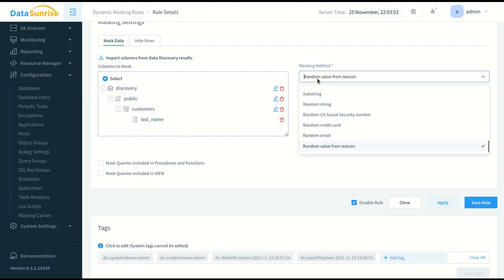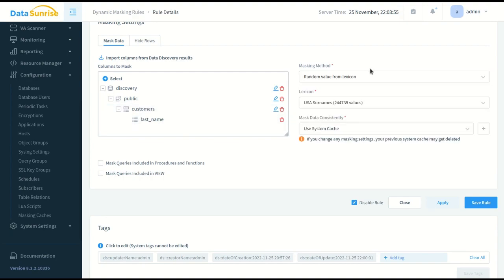Well, I've used random value from lexicon, and Data Sunrise provides me with a feature to upload different lexicons, like playlists, right, with values, and Data Sunrise can pick them up randomly. And in my case, there is a predefined USA surnames, which Data Sunrise will pick up randomly for every value from the original data, right? It will set like mapping, right? But additionally, we can use constant